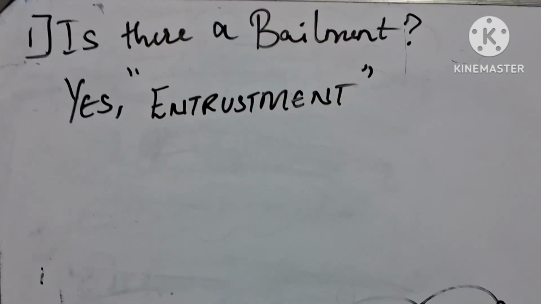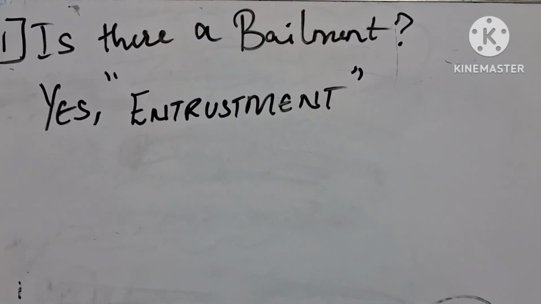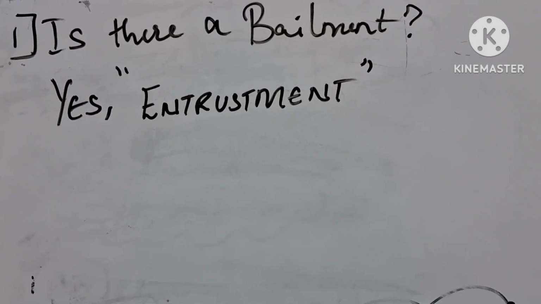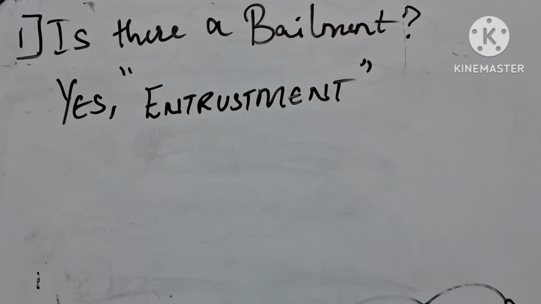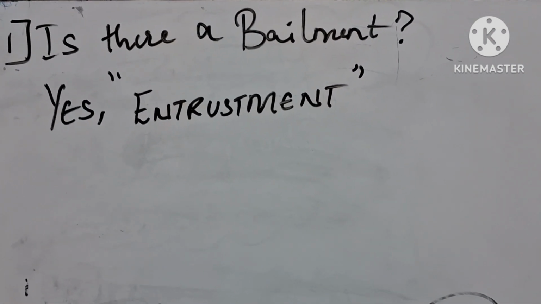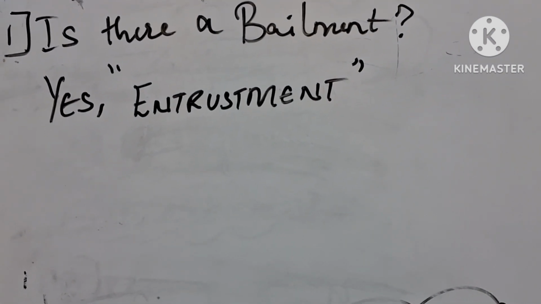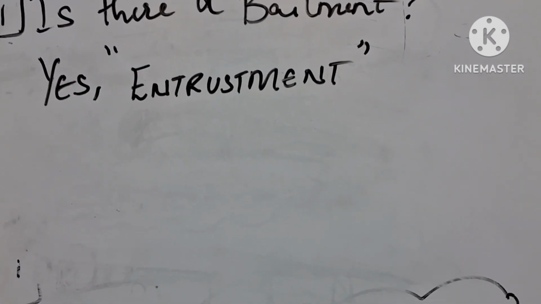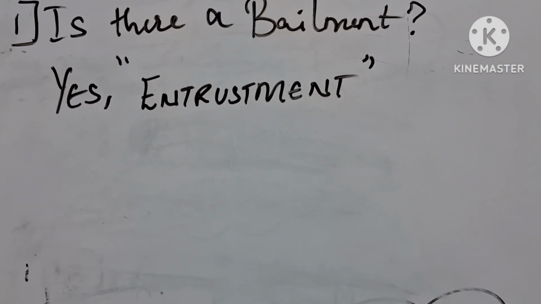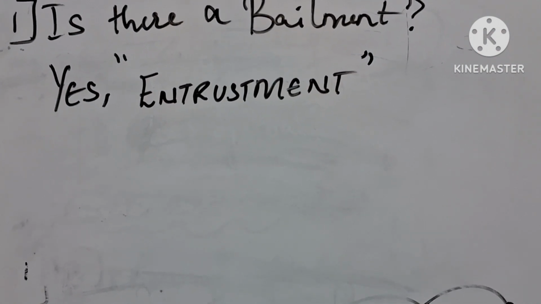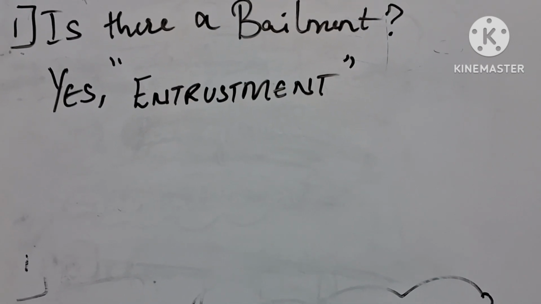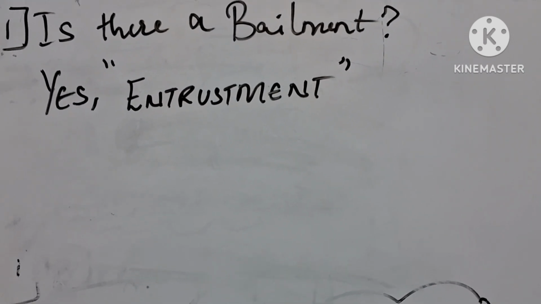Now let us clear why there was a bailment. The petitioner A and the waiter B didn't have any contract saying, okay, yes, you will take my coat, and after the purpose is finished you return it to me. There was no such contract. But there is one more thing which needs to be understood, that there must be entrustment also with the delivery of goods. Yes, there was no contract between the petitioner A and the waiter that A will tell the waiter, now you take my coat.